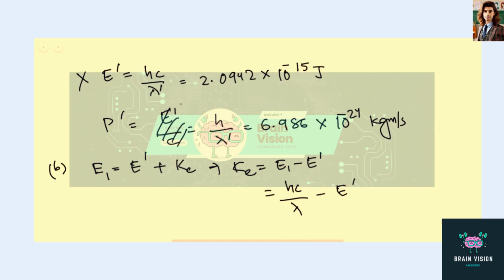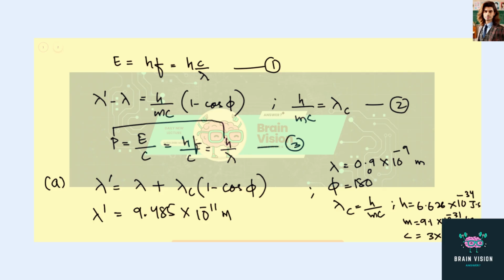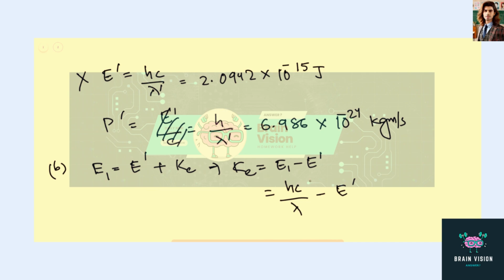So that I already found over here, but if you are directly going from equation 1 to equation 3, then you might need to find E dash over here as well. So this is basically hc over lambda and E dash is hc over lambda dash. So now you can again substitute lambda and lambda dash over here, or lambda and E dash over here if you already have E dash calculated,